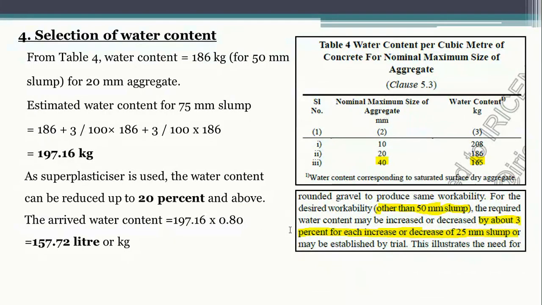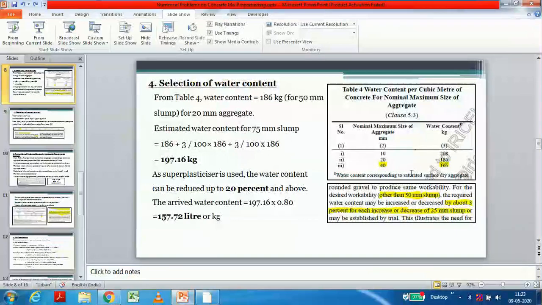As you all know, this is Table 4, of which I have taken a screenshot. Table 4 is for a slump of 50 mm. Sorry, it was highlighted wrong. The maximum size of aggregate is 20 mm. For a maximum aggregate size of 20 mm, the water content should be 186. It is highlighted wrong, sorry for that. I will just change it.